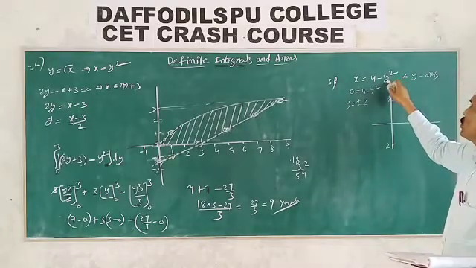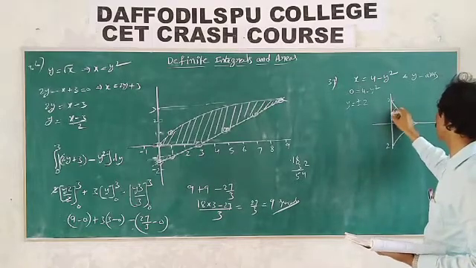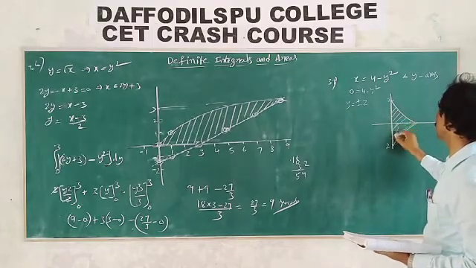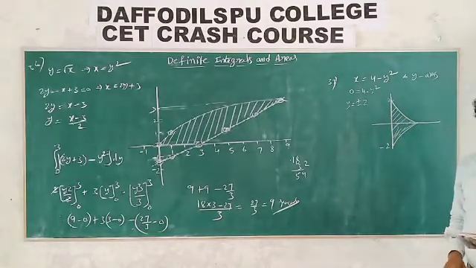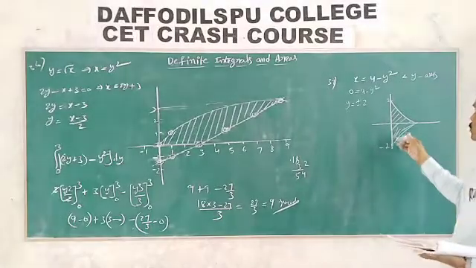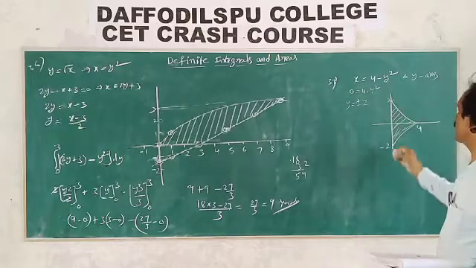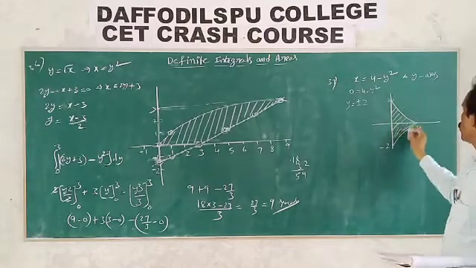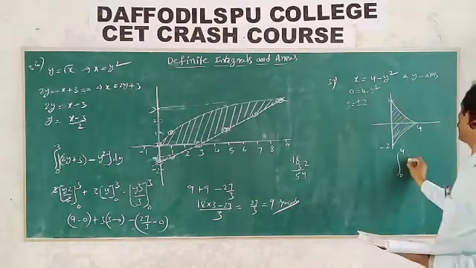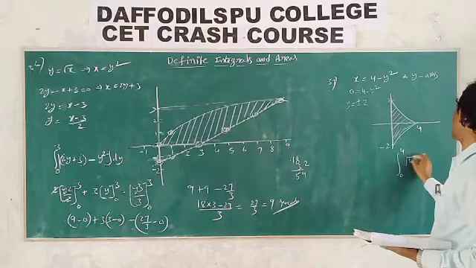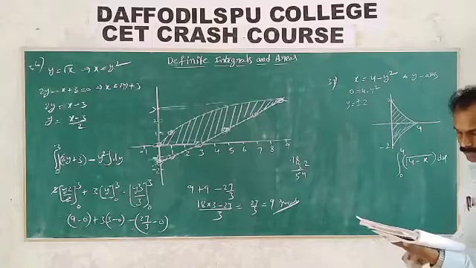In this case, y is equal to 0 here. The graph is like this. Minus 2 to 2, and that is x dy. Find out that value. Or else, this is 4, so on the other side, 0 to 4, y value means under square root 4 minus x dx. Find out this value.